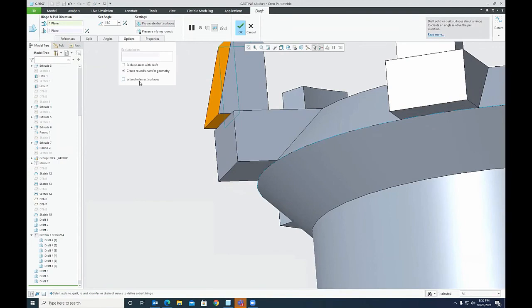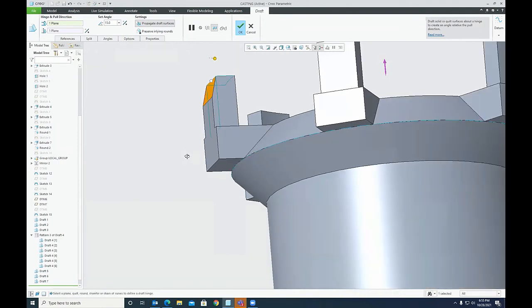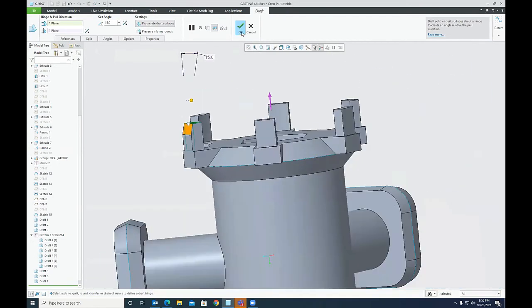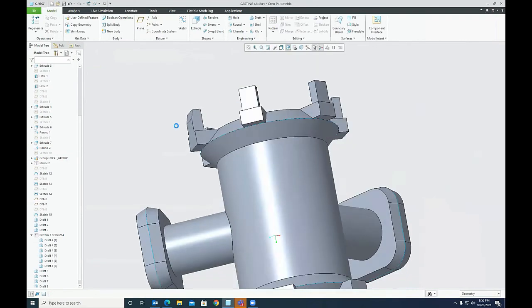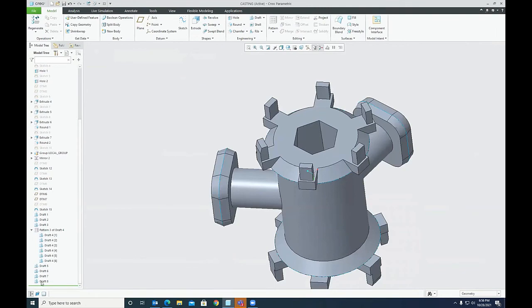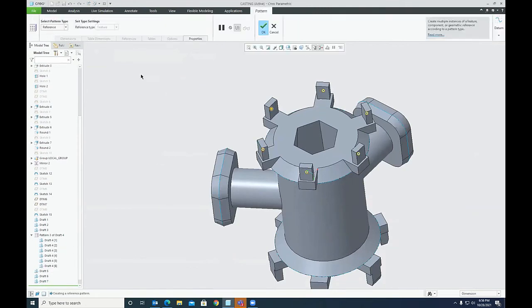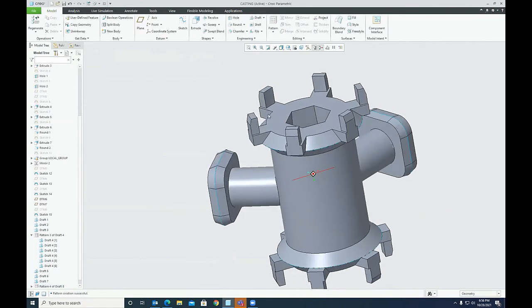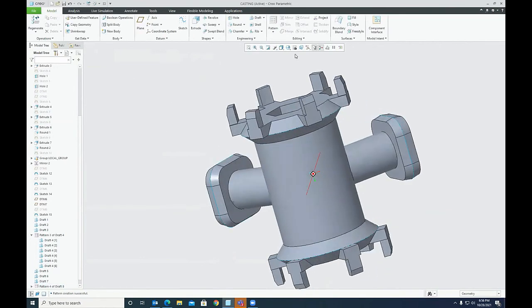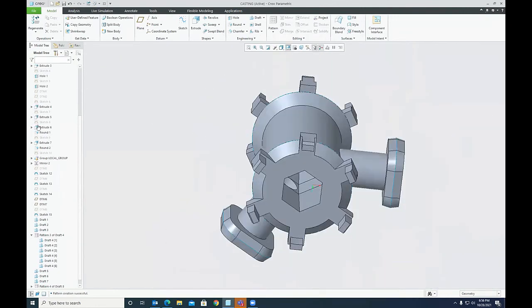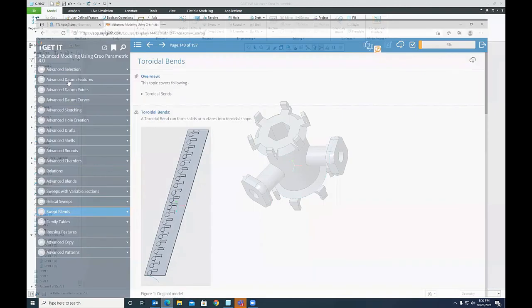That's why I enable this extend intersect surfaces draft option, and it would now look like this. The draft is stopping up to here. Okay, so this is done. And then for this draft feature, I will create a pattern which is a reference pattern. So that will be applied to all the draft entities. So all these details of drafts you will see in my course of advanced drafts.